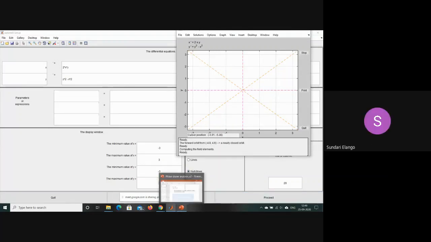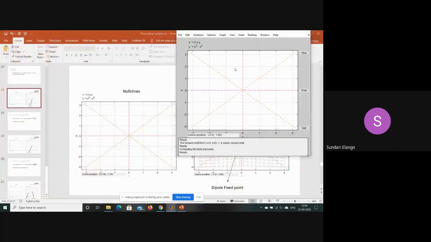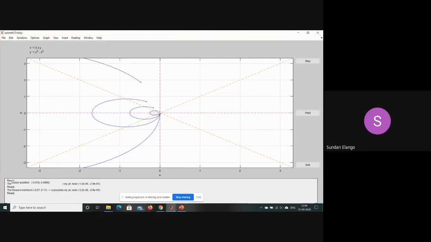So now something called a dipole fixed point occurs here. I'll show the behavior, and maybe the null clines. However close you get, it kind of gets sucked in this way, wherever you started from. But if you start from this side of the axis, it gets sucked in a different direction.